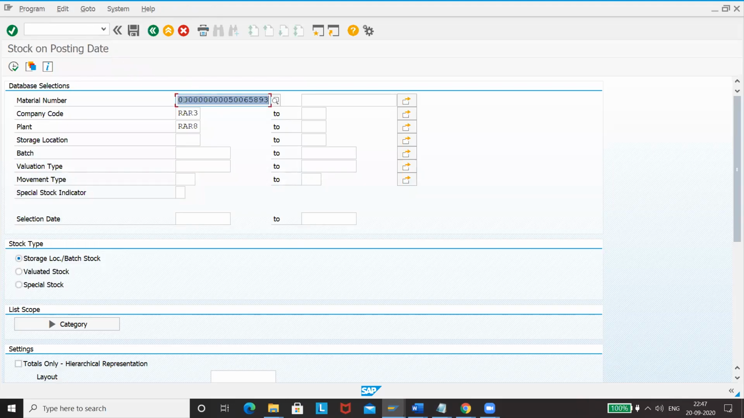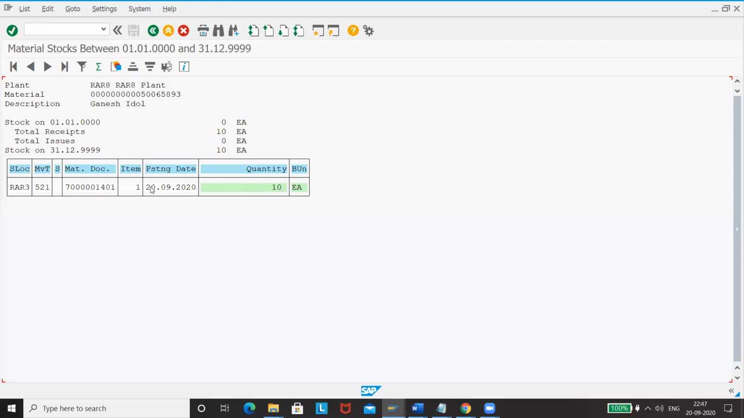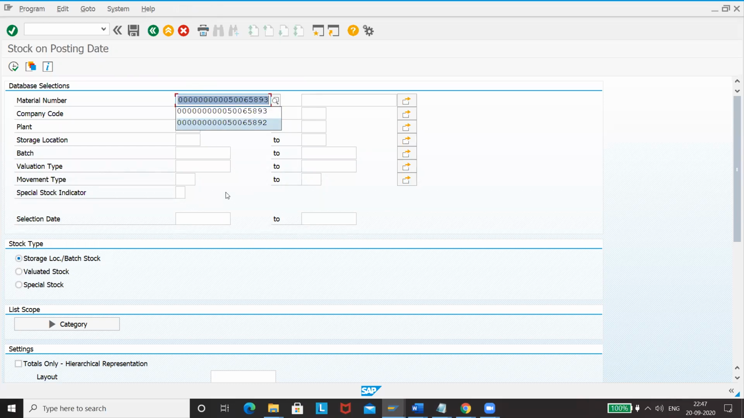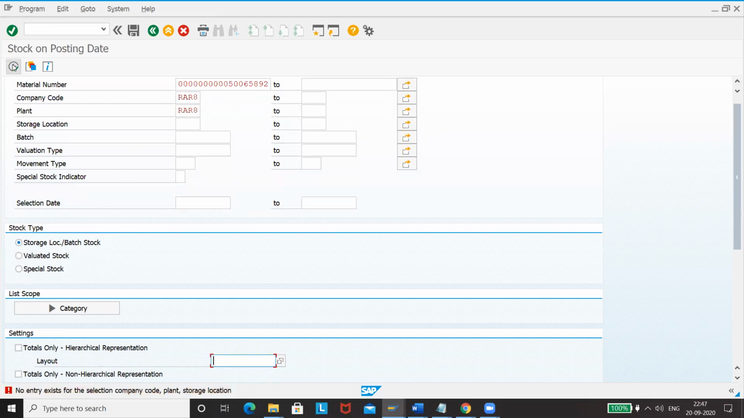So what you have to do is give your material number here, company code and plant. Once you give it, you will see whatever quantity is available here. Today is the date, right? 20. We have posted today. So it is telling us that we have 10 goods. In the same way, I'll take my previous number, that is this number. For this the company code is RA8. Plant is the same. Now if you execute,